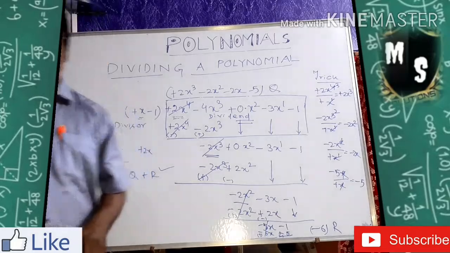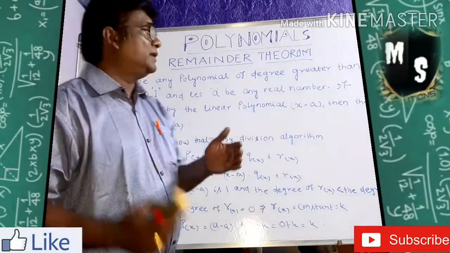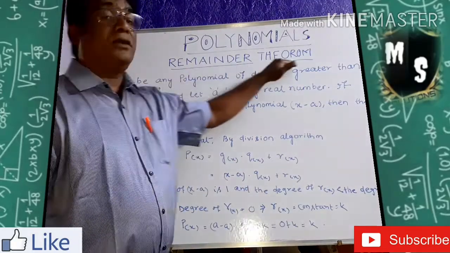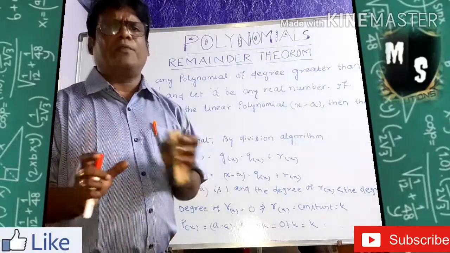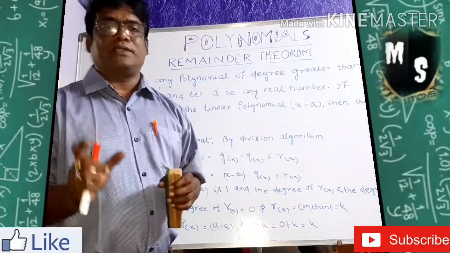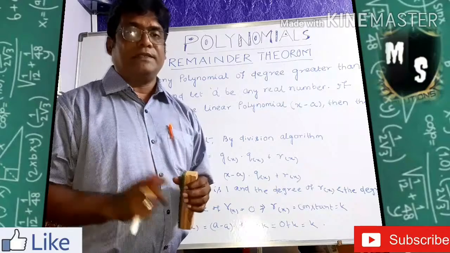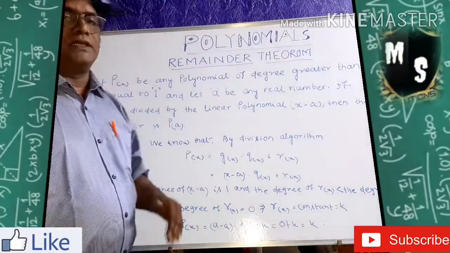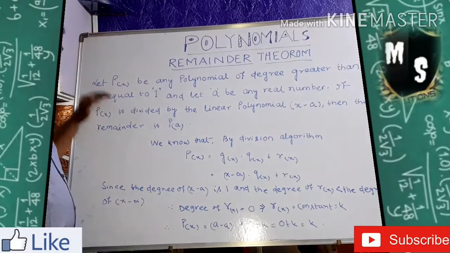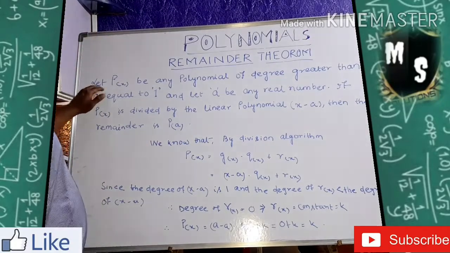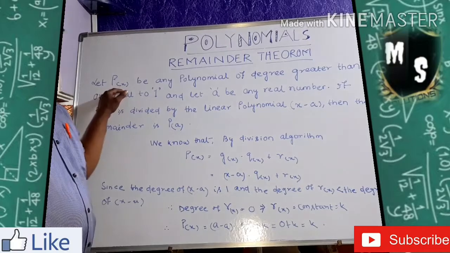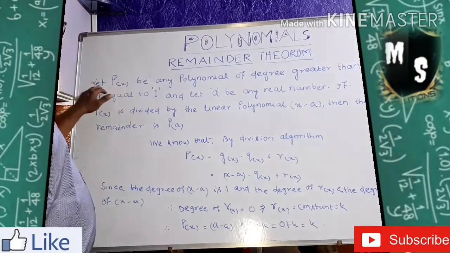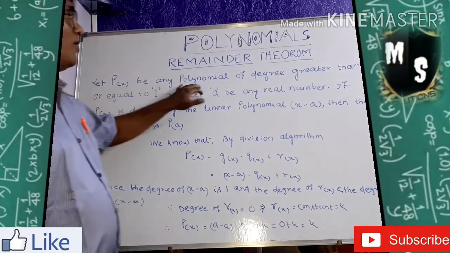Thank you very much. The next part is called the Remainder Theorem. It is a very important theorem. Please try to understand it with me nicely. So what is the Remainder Theorem? Here it is written, see what I am saying to you. Let p(x), my variable is x, be any polynomial of degree